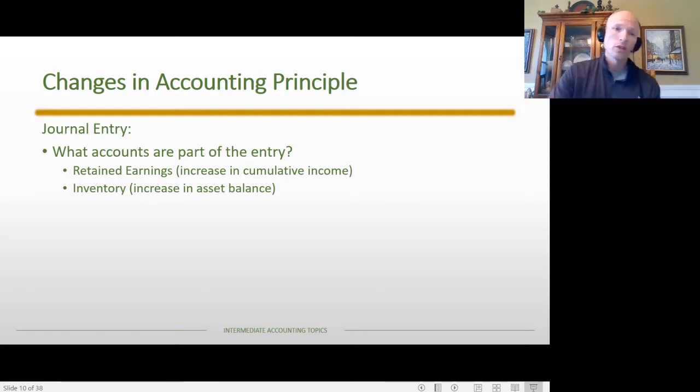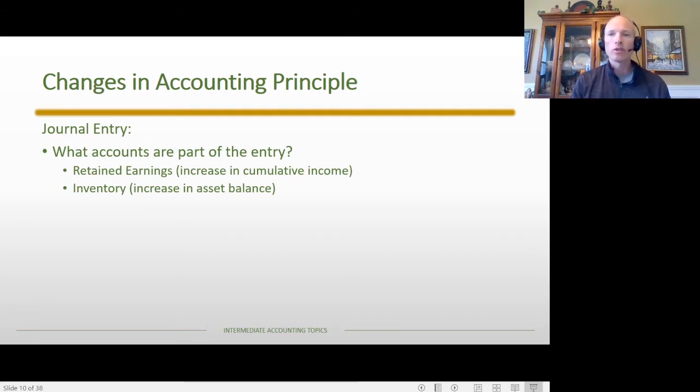But regardless, when we talk about this change in inventory, there's the cumulative effect on retained earnings, and then you have to imagine what the other account is. I want to be very careful here, because we made the change on January 1st, 2022. The key is you have to be thinking about permanent accounts,